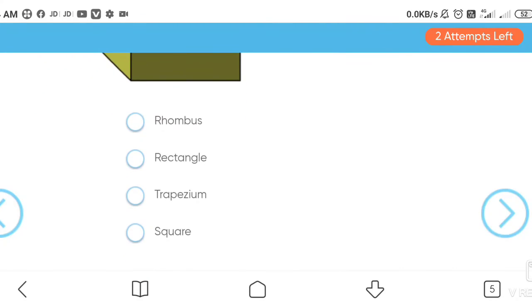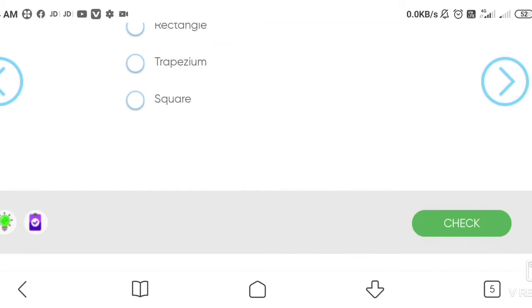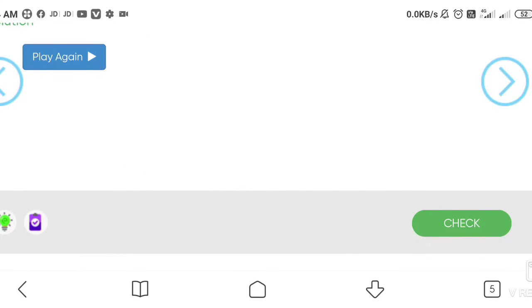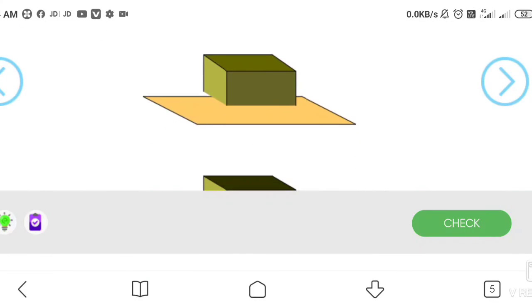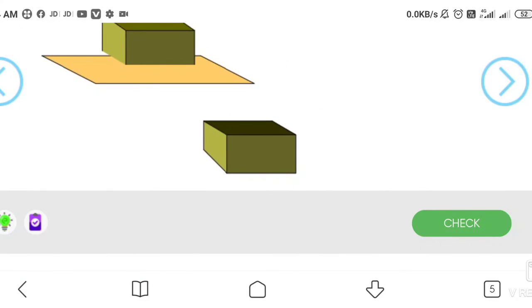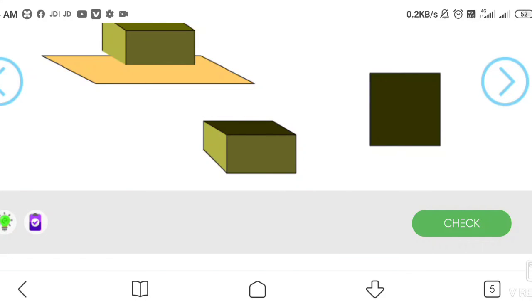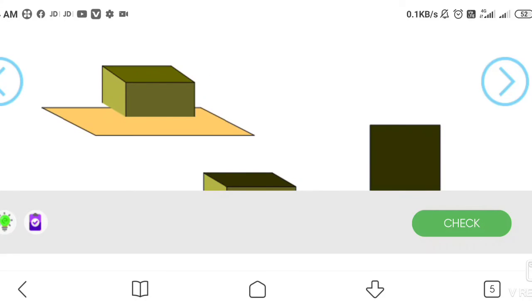Rhombus, rectangle, trapezium, square. Which figure will we get? Yes students, if we cut that, what will happen? See here, I have cut it. You can see this. So which shape will you get? It is a square. Understand how to find the cross section?